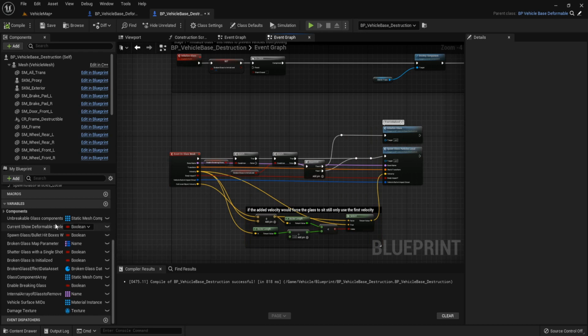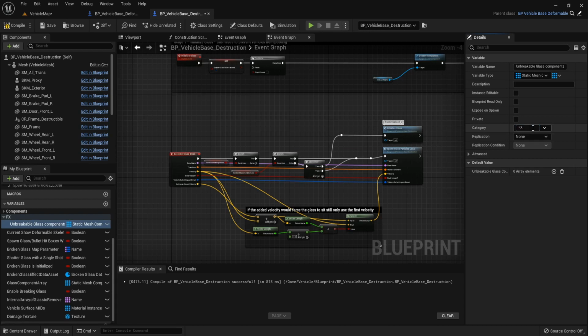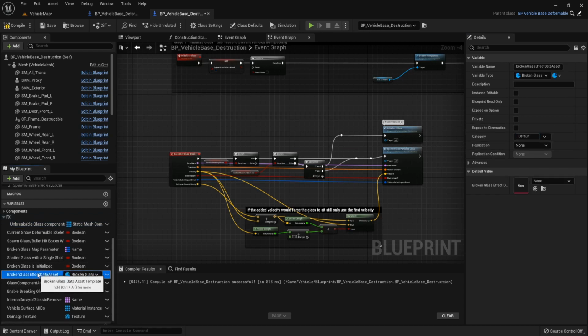And this is our variable. We need to set it into the correct category. So click on this unbreakable glass component. Set the category to FX. And then broken glass is initialized, set it to FX category.